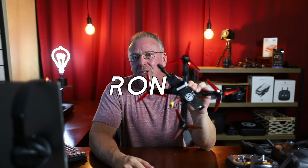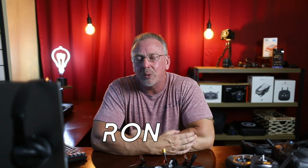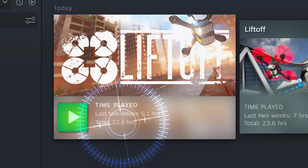And today we're going to talk about these guys, the FPV quads, but specifically I'm going to talk about whether 22.5 hours in the LiftOff flight simulator is going to be enough time to reasonably fly one of these guys. I'm hoping that it is. I'm not actually answering the question if it's enough, but I'm going to give you an idea at least where I am after 22.5 hours in the flight sim, the time that I've spent in it, and what maybe